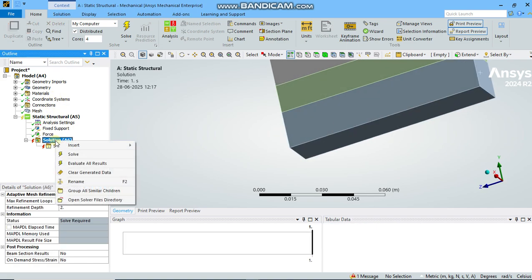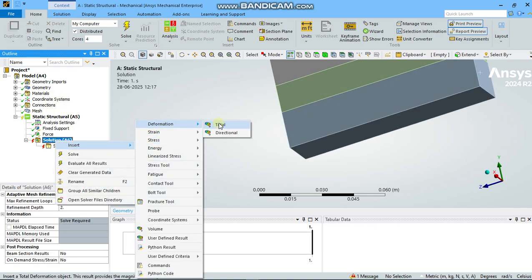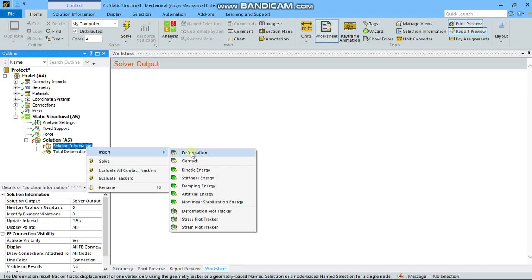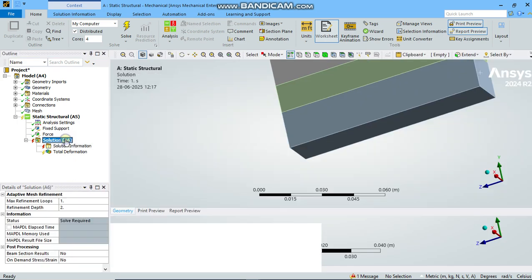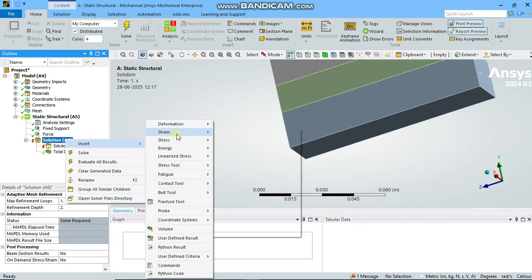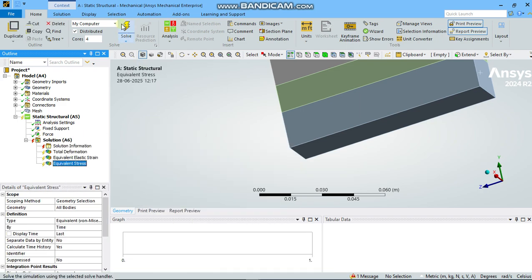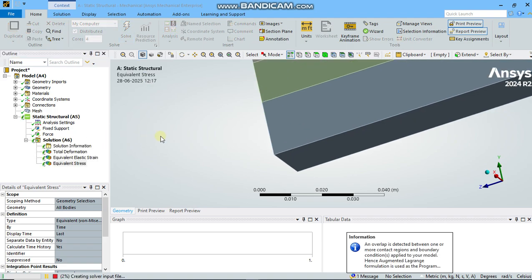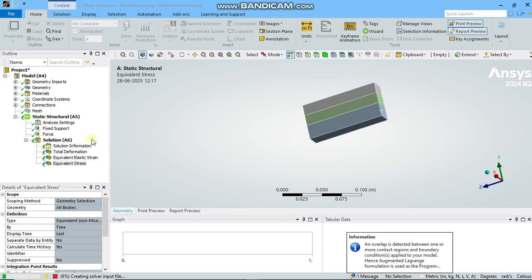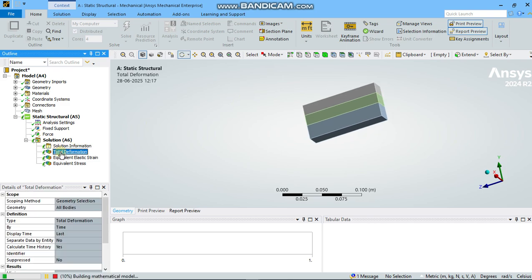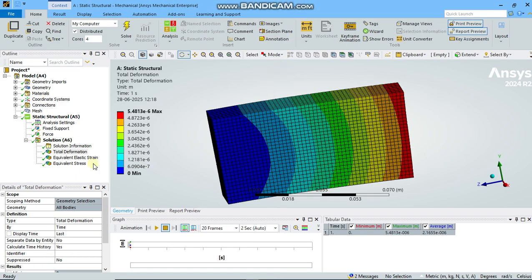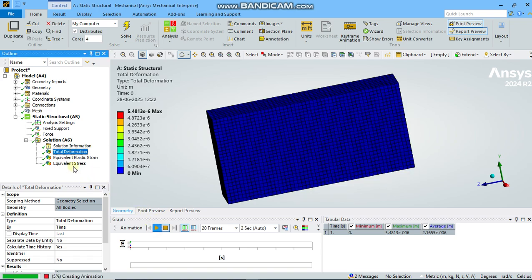Right click and insert solution, deformation, total deformation, insert. Insert strain, von Mises, insert stresses, equivalent, and solve. It will take some time. Finally we get the results. This is the total deformation, this is